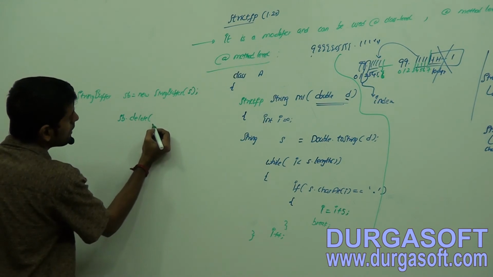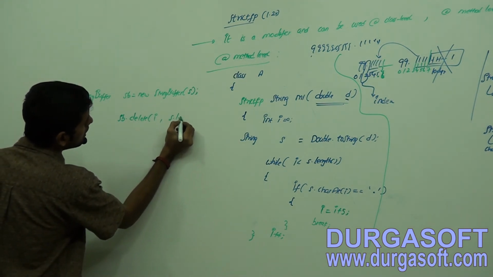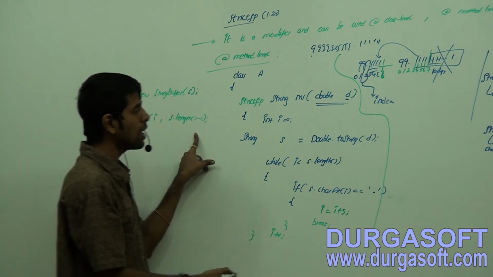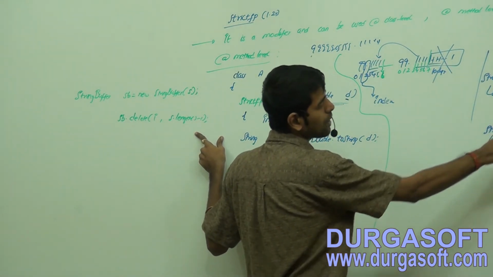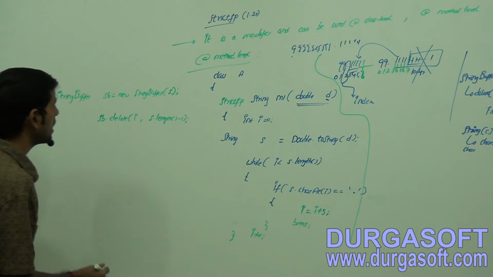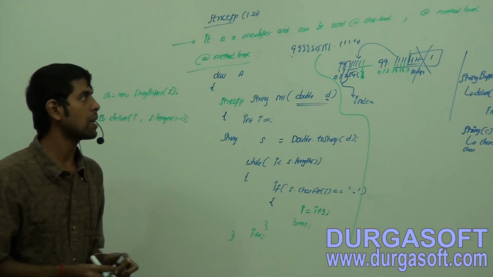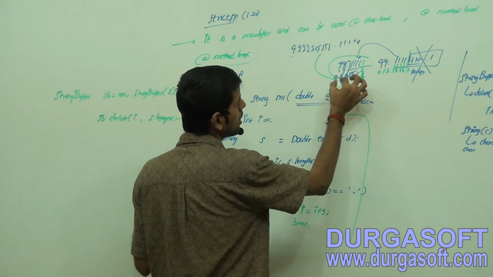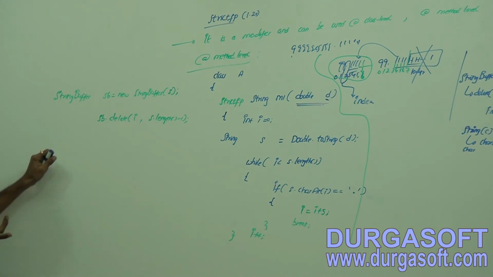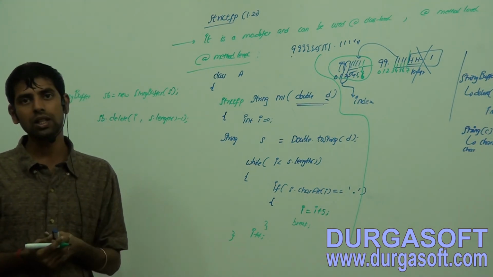What is that, friends? I value comma s dot length minus 1. Why length minus 1? Till the end I have to delete. Okay, try to observe here. If I do delete, what will be the output? Definitely you are going to get this one. Finished, nothing. And of course, if you want to return this one, you can perform the toString method operation once again,